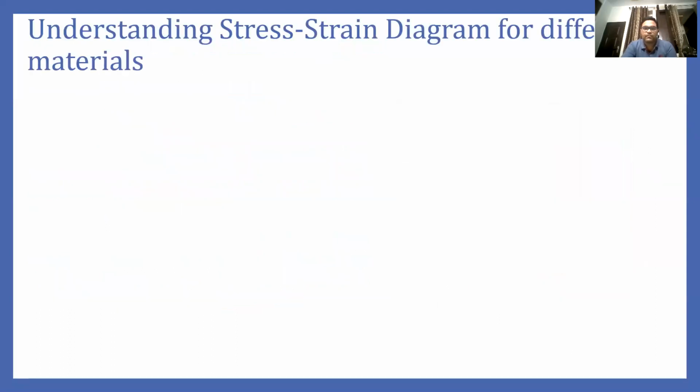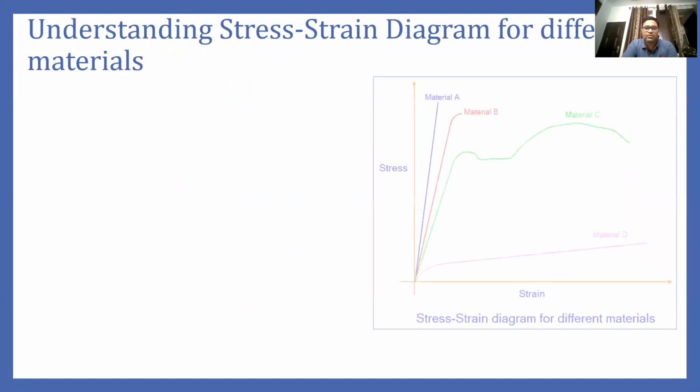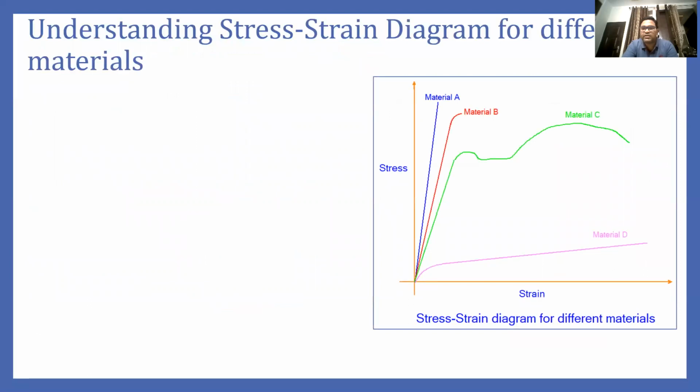Now till now we have discussed the stress strain diagram. Now the stress strain diagram for all the materials will be different. With the help of the diagrams of different materials, we can interpret how that material would be, whether that material is ductile or brittle or plastic. So by having some stress strain curves, we will now try to understand the property of a particular material.